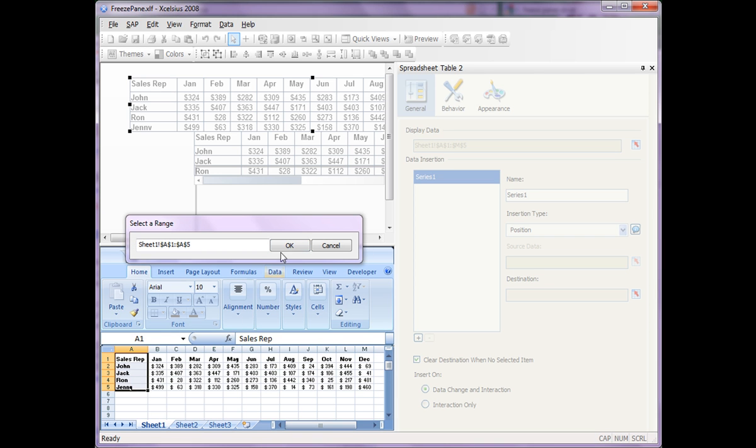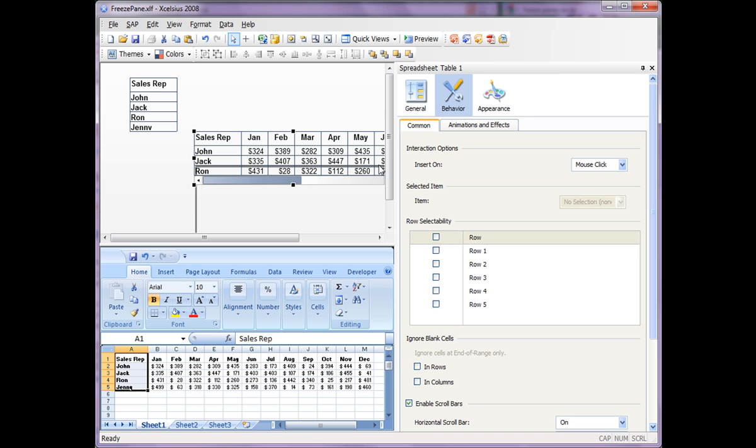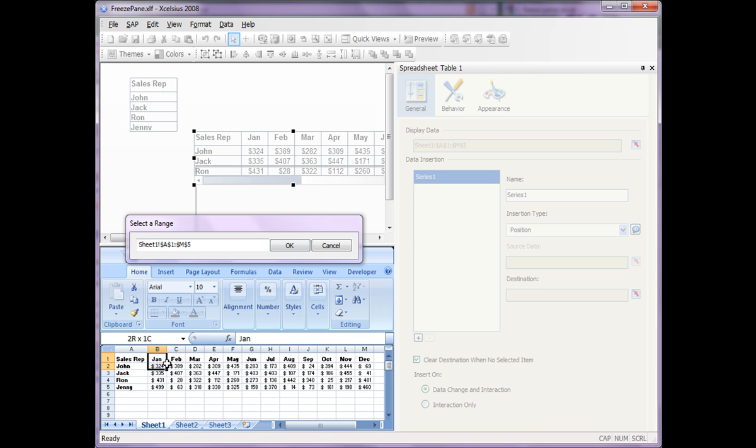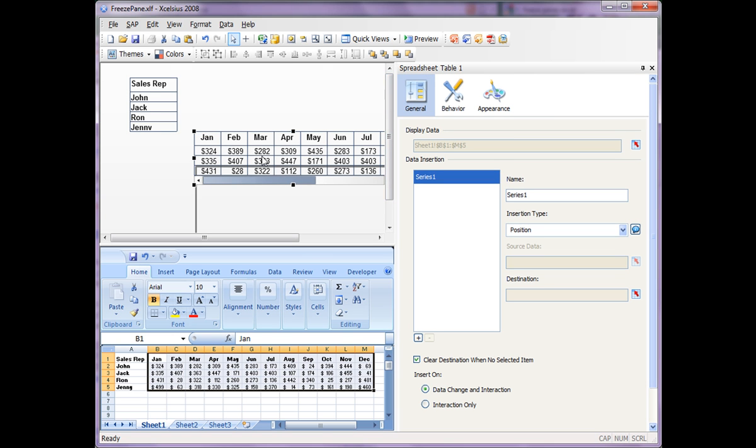In our case, it's going to be sales rep. There you go. And I'm going to go back to my original spreadsheet with the scroll bar, leave the scroll bar on, and map it to the actual data set, excluding the frozen panes. So now I have the data set and my frozen panes